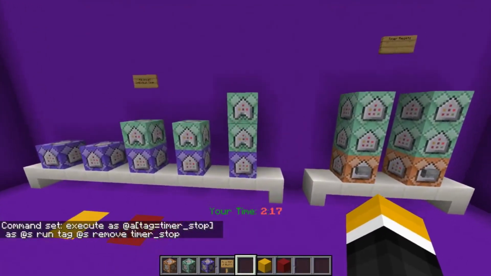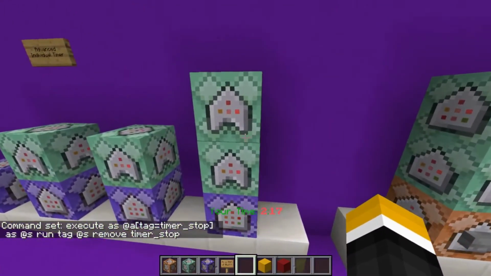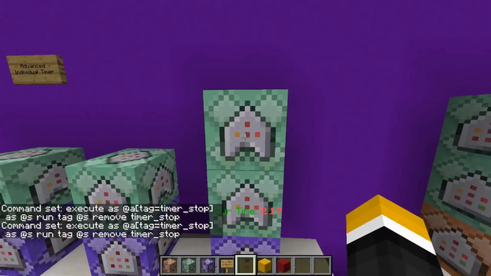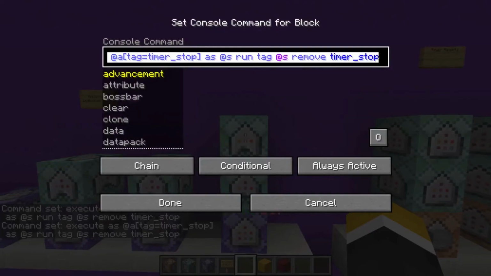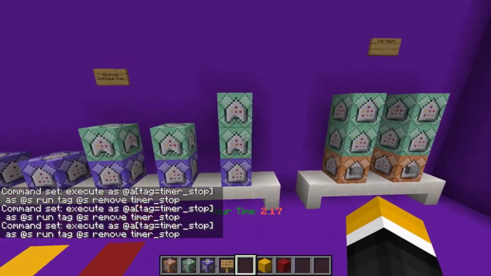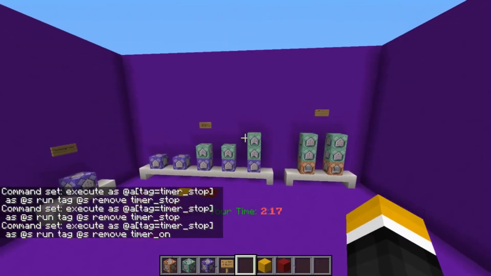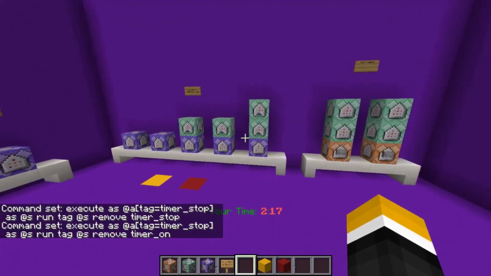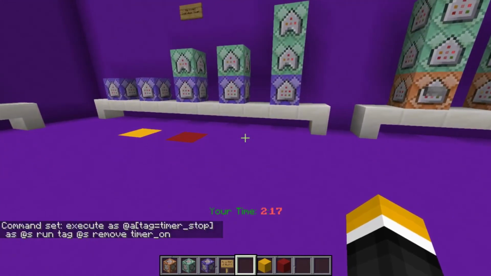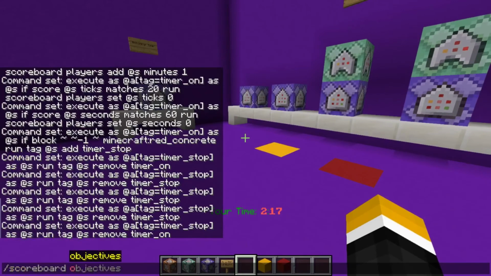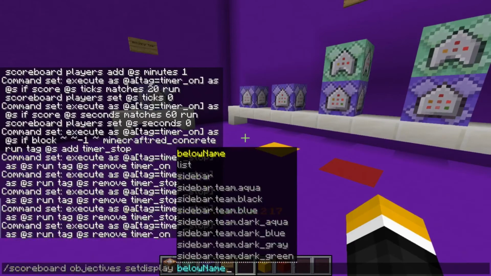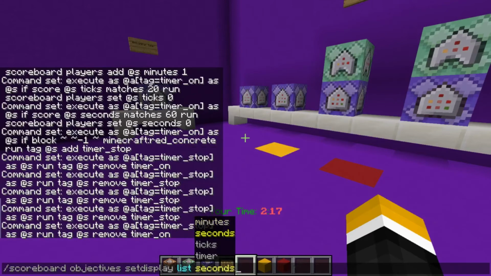Like I said, if you want anything else to happen when your timer stops, make sure to put it below this command block. Essentially, have this command be the last in your chain. That way you can use the tag of timer stop in the rest of your chain to specify exactly who the things you want to happen need to happen to. So now, if we just quickly set up some scoreboards to crudely show our different values here to demonstrate before we look at the action bar timer again,